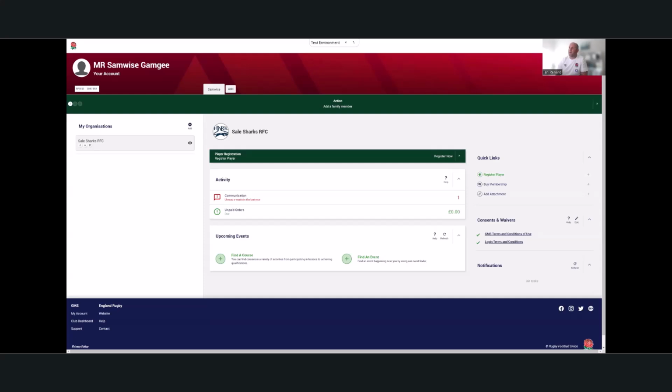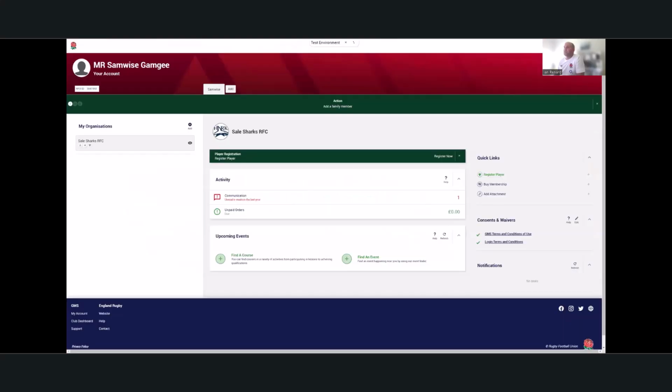And you can see a difference there in terms of your profile. So the tabs at the top where we've got Samwise, that's him. If we wanted to add another individual, family member, etc., then you'd simply click add on there. You'll see that Sales Sharks is already highlighted as my club. So this will show in this way if you've sent a QR code or a link to your club that will direct a player to your club straight away. If they're logging in and they're already connected to your organization, then it will show. But if there's nothing there, they will need to add